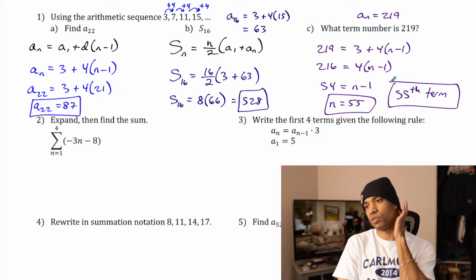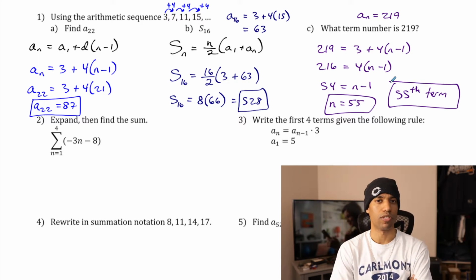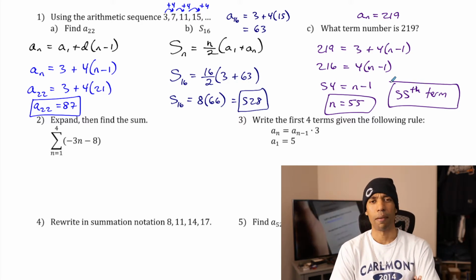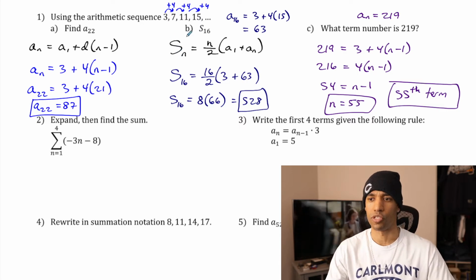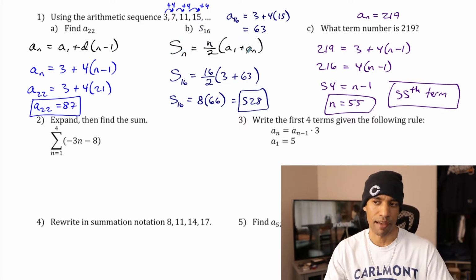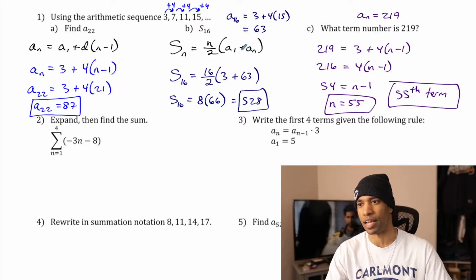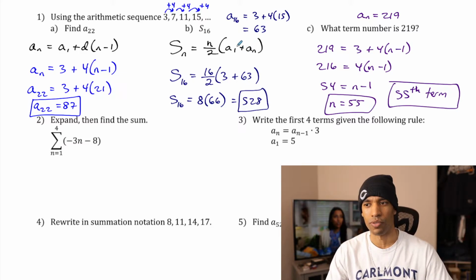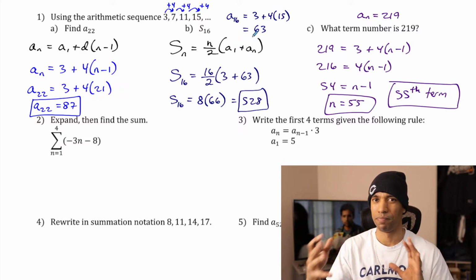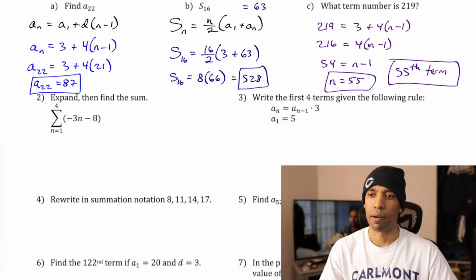If you were asked what term as a sum, how many terms did it take to get a sum of 219? I'm not saying 219 is a sum, but you would substitute that into here, and then you'd solve for n in that case, and you'd have to know, I guess, what the last term's value is. I did a problem like that actually in the last video, where the last value is kind of like you got to use it in terms of a sub 1 to make that happen. So it was kind of interesting. All right, number 2,